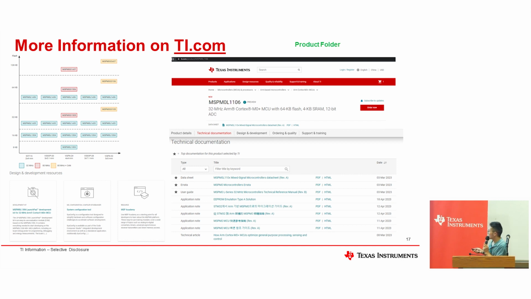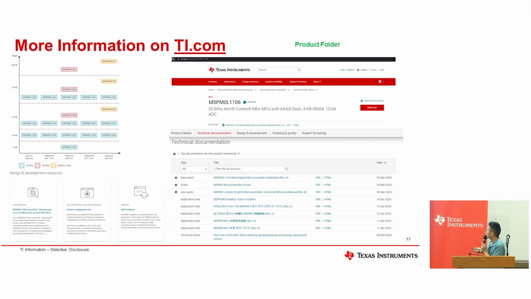This page will provide all the resources you need to develop your design, including tools, documents, and packaging information or design references.